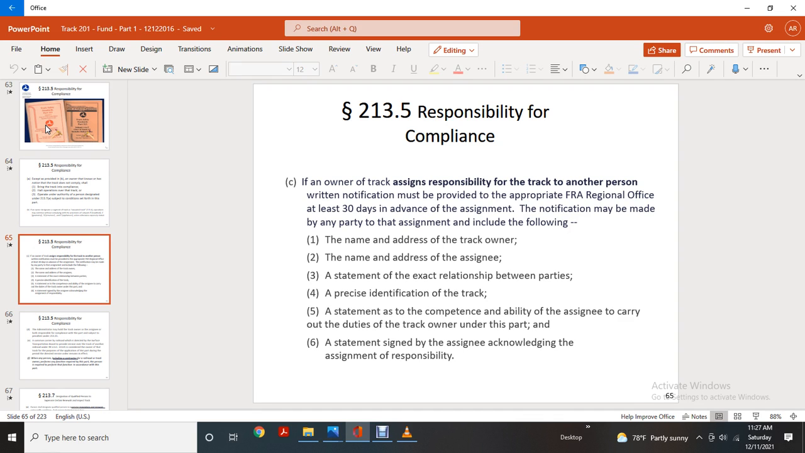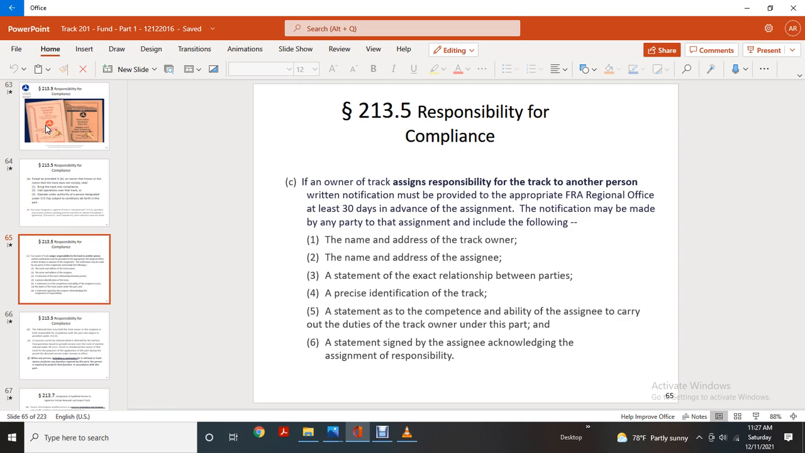party, a written notification must be approved by the FRA regional office at least 30 days in advance of the assignment. Notification may include the following: the name and address of the track owner, the name and address of the assignor, a statement of the exact relationship between the parties, the precise identification of the track, and a statement of the competency and ability of the assignor to carry out